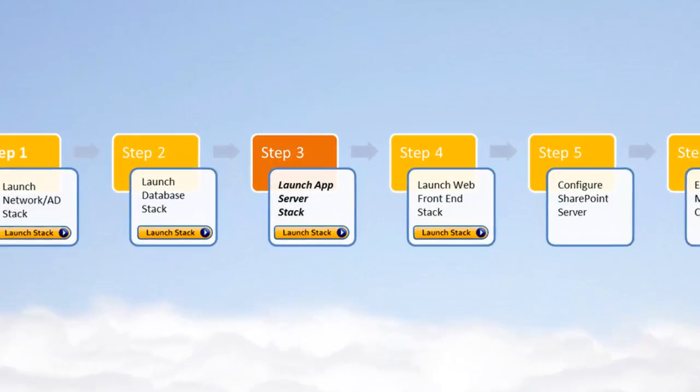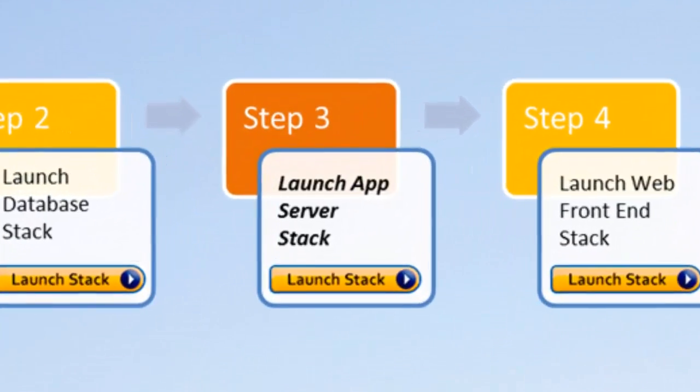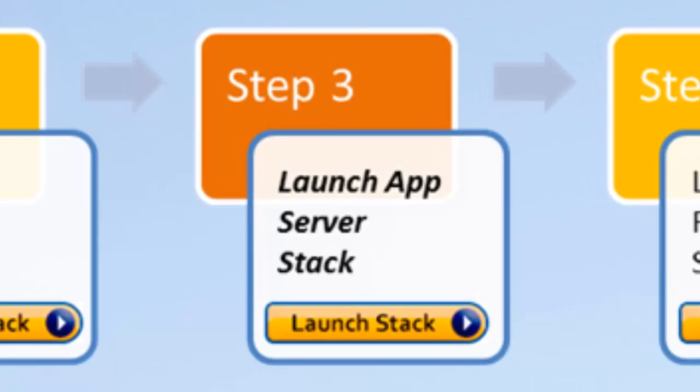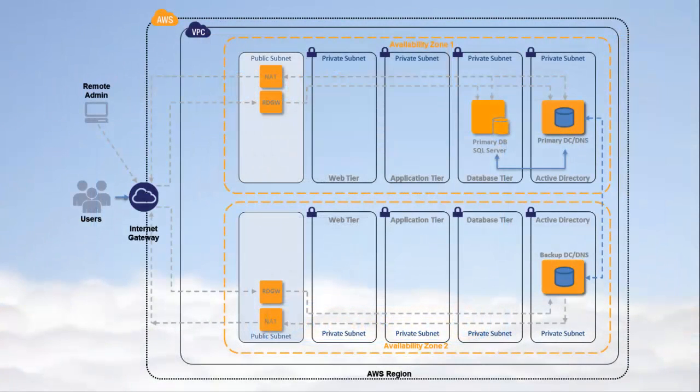Launching an application server stack is the next step in deploying a SharePoint website in the Amazon Web Services cloud. You should have already launched the network, Active Directory, and database stacks and created an Amazon machine image of a customized SharePoint application server, as shown in the previous video in this series. This video shows you how to launch the SharePoint application server stack based on the customized SharePoint application server AMI